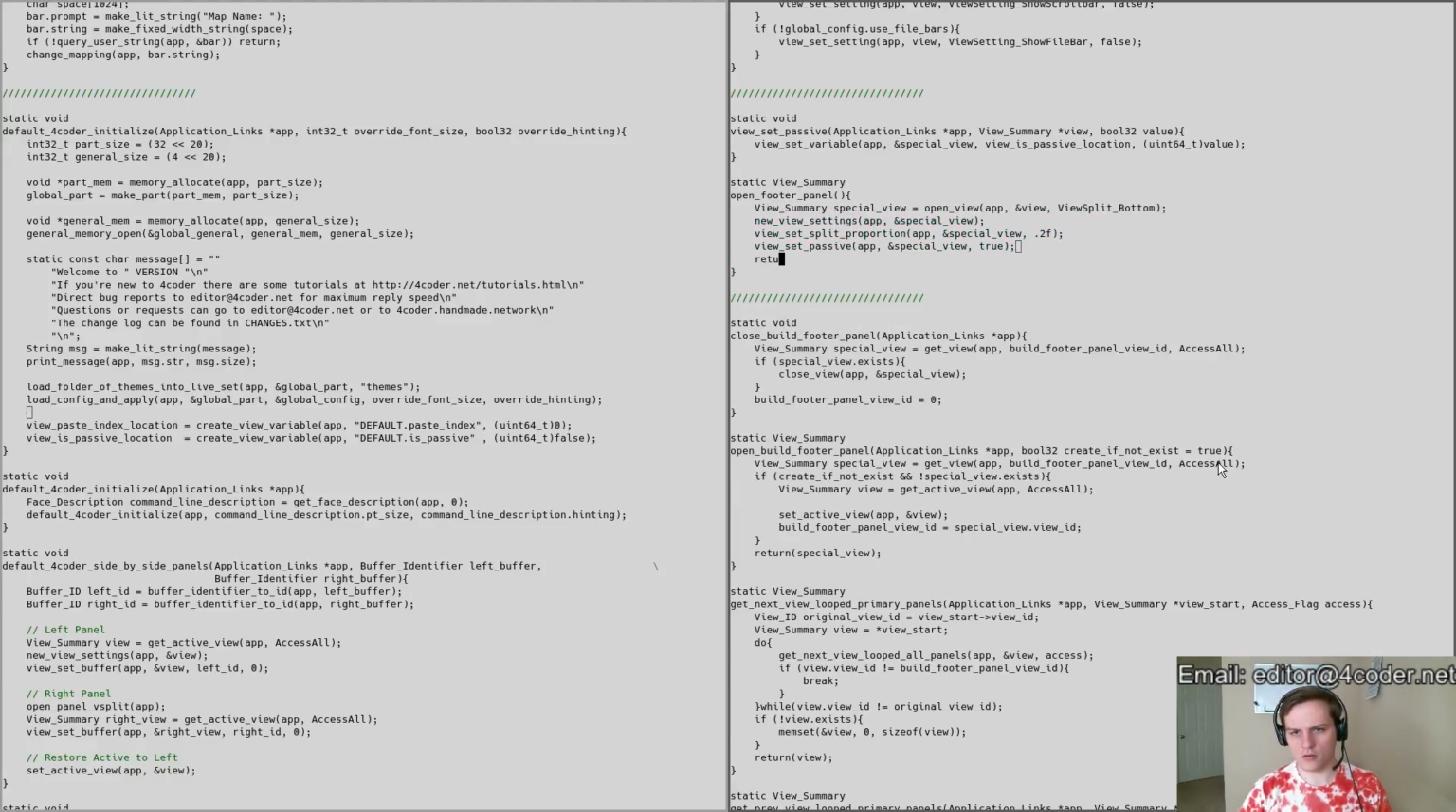View summary, return special view, special view equals open footer panel app view, application links app view summary view. View set passive, return special view, and then